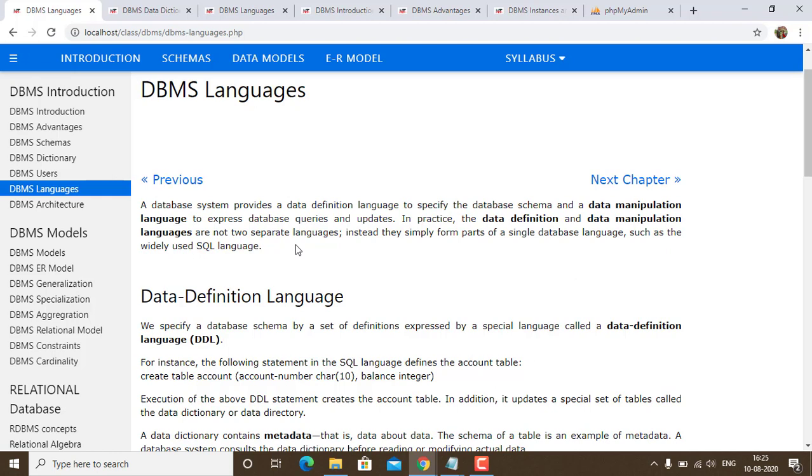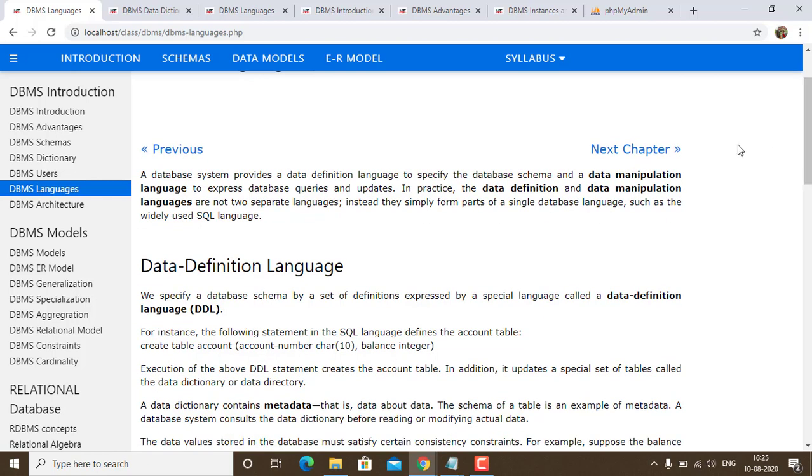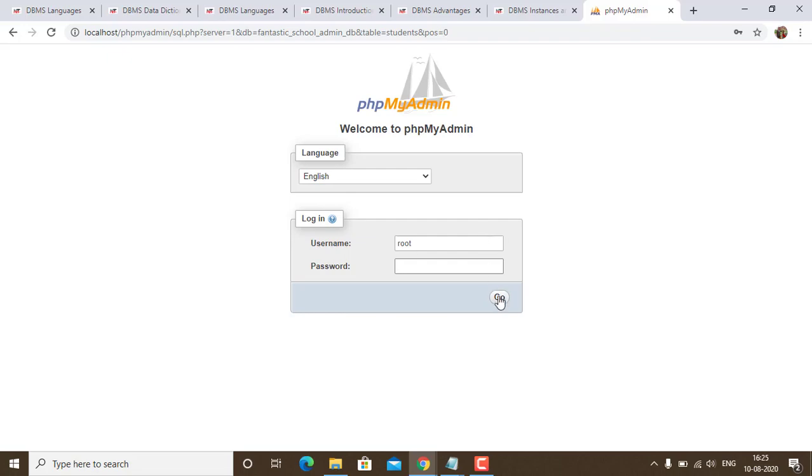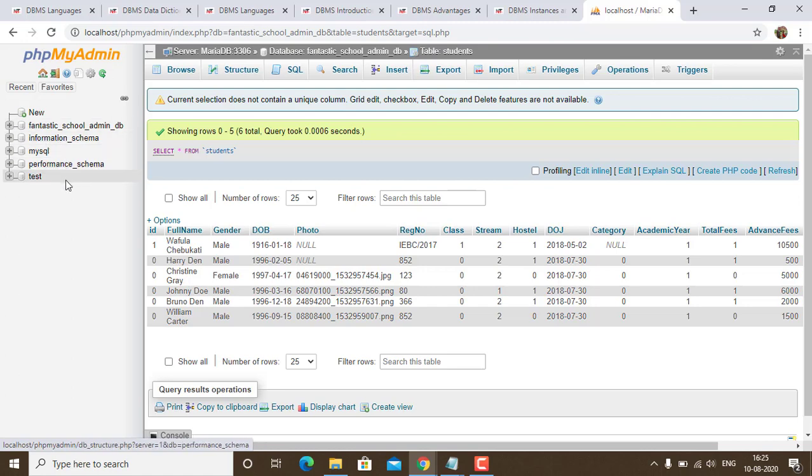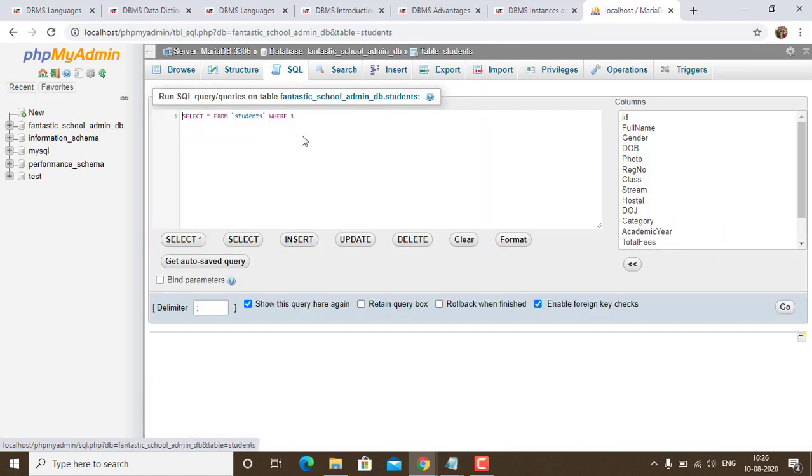SQL is structured query language. Using this query language, we are going to work with the database. You can see that over here, this is the phpMyAdmin part where we work with the database. Here you can write the SQL queries and then we process the queries, which in our further tutorials I'll be running, each and every SQL from this part. All these queries which we are going to run, we are going to create these databases.